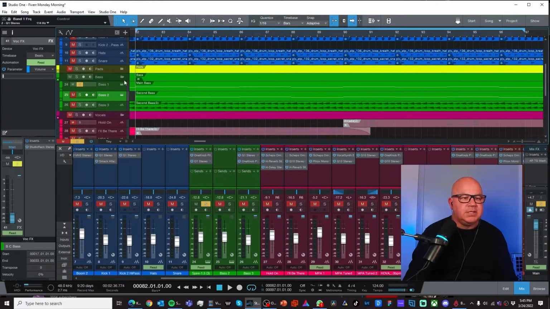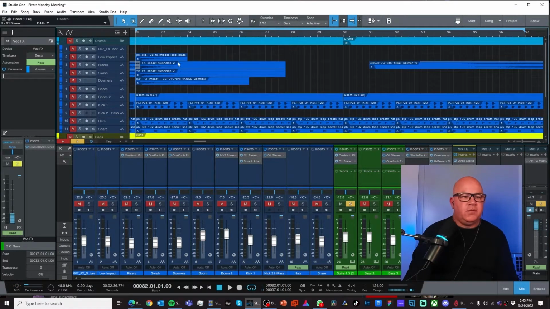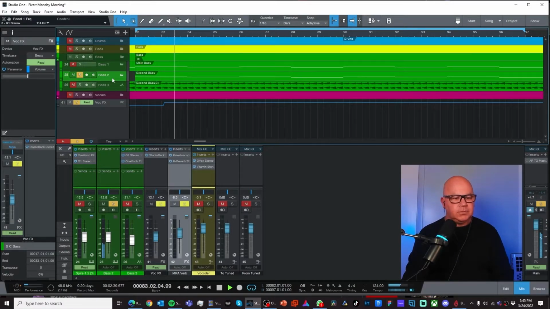Okay, so let's go back to the bass. Where were we? Back there. Beautiful. Get everything else out of the way. So there's my bass. So that's my first bass. Now my second bass. Now that one, I don't have an EQ on. I also don't have a filter on. So if I add it back again, sounds nearly the same, but